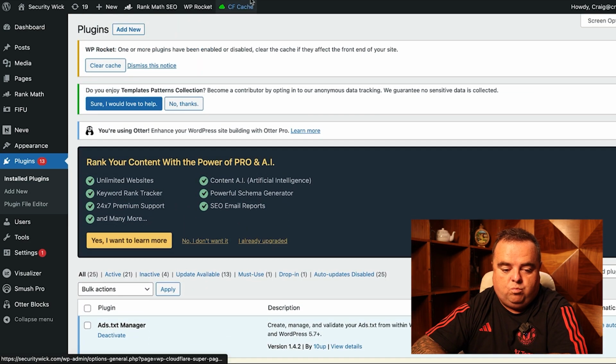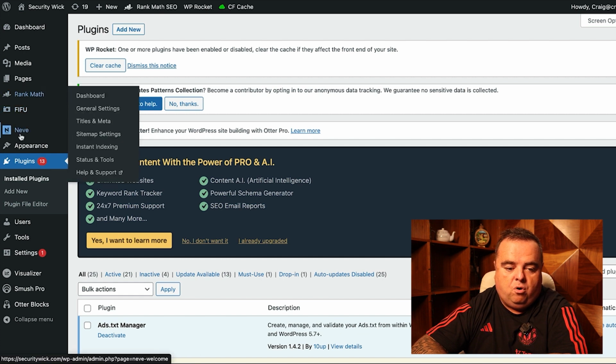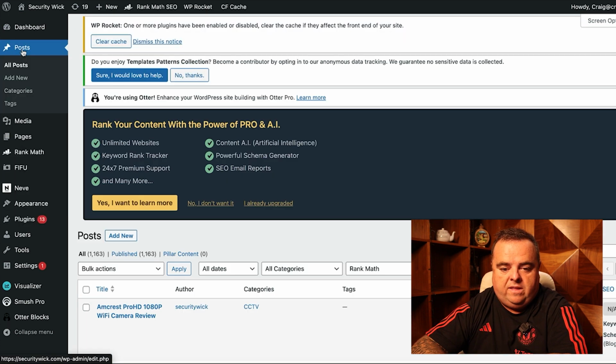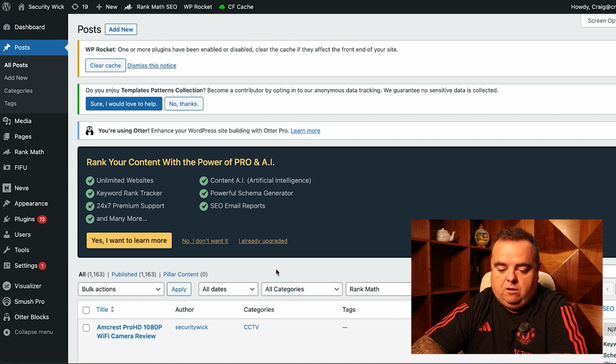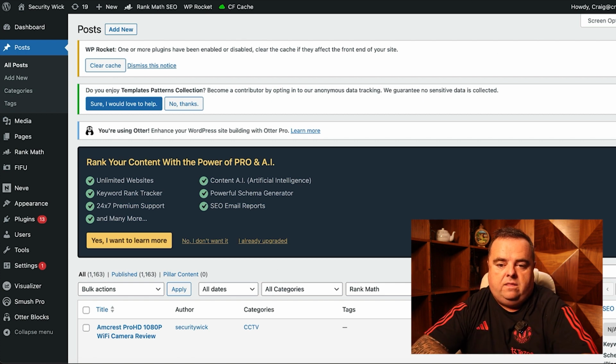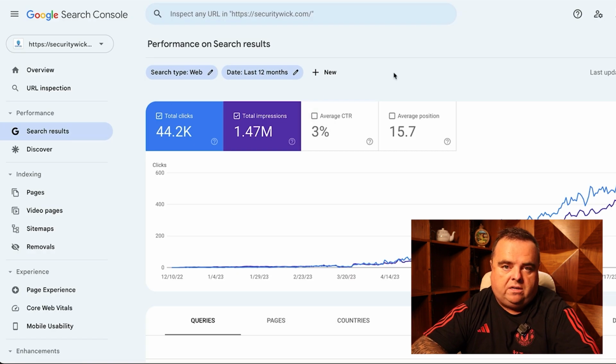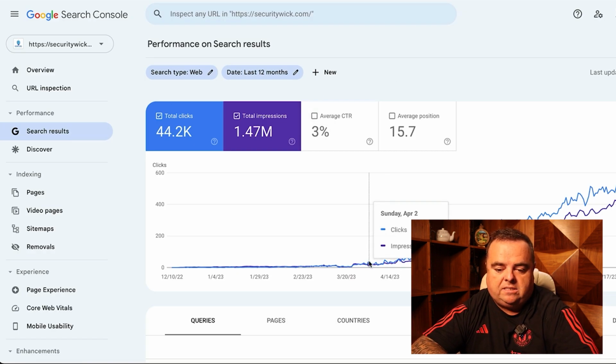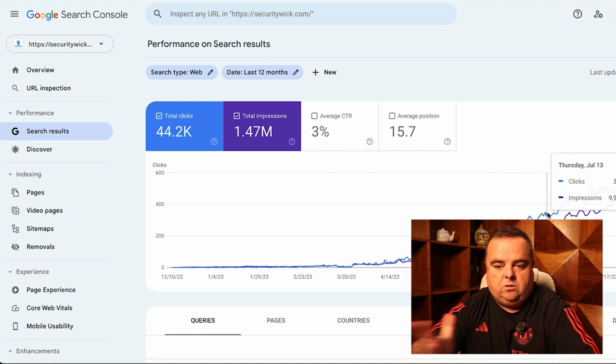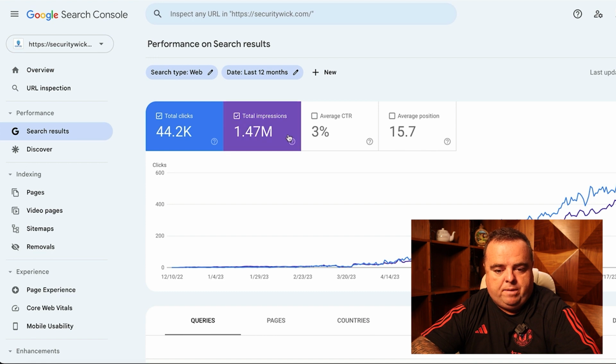And that's it. That is what we did. We basically put all of the content on there. It did take a little bit of time to get indexed. It did start slowly, but you've got to persevere. We didn't change anything, and we now have 44,000 clicks since probably April until now, which is September. So within a 6 month period, we've been able to get 1.47 million impressions and 44,000 clicks,